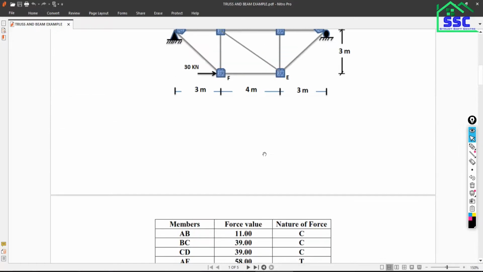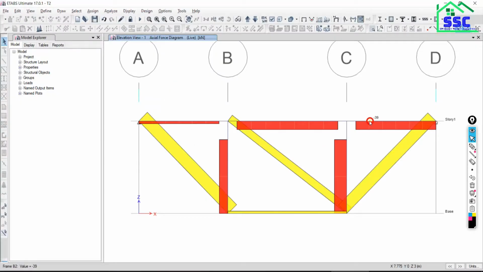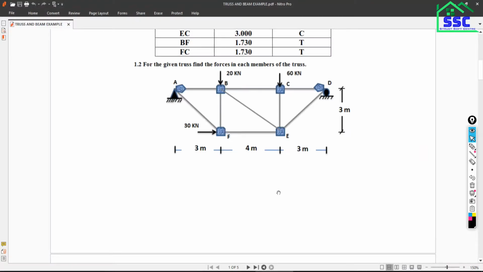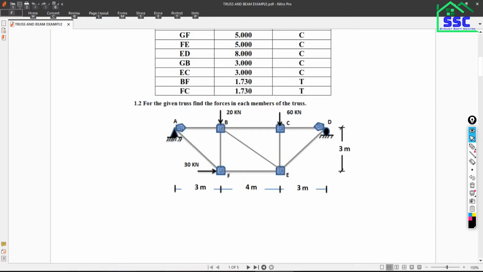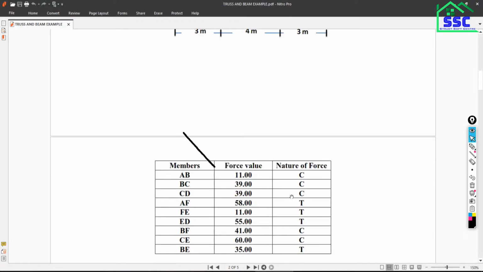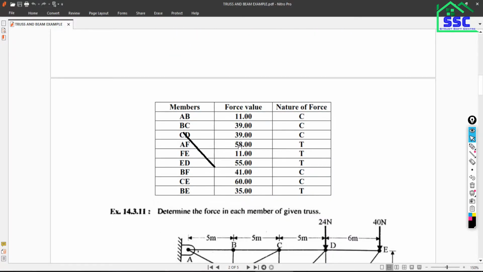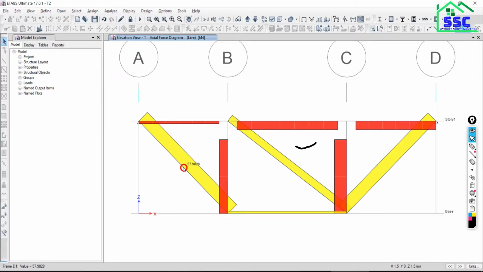So it is also correct. Then CD again minus 39. Now AF, where is AF? As you can see, this member is actually AF. How much force is there in AF? 58.58, and it is tensile force. Okay, so just come back to the software. How much is it?